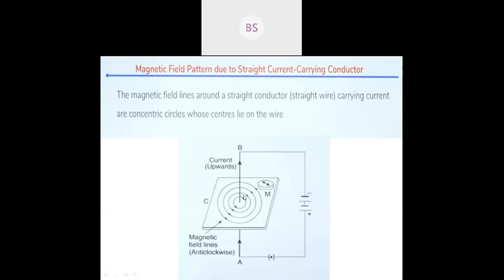Three observations. First observation: what you have observed here, the magnetic field lines form concentric circles around the wire. That is your first observation. Any doubt in the first observation? Second observation: when the direction of current in a wire is reversed, the pattern of iron filings does not change. The pattern of iron filings does not change, but the deflection you can find in a magnetic compass. That is your second observation.